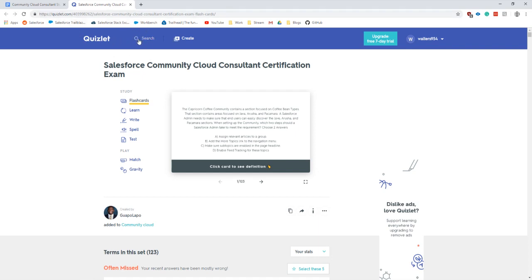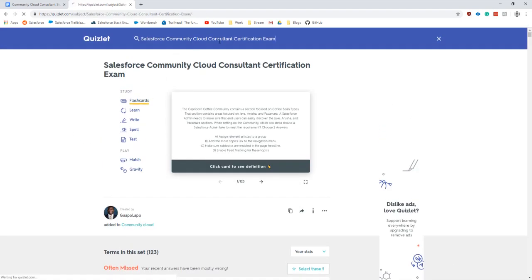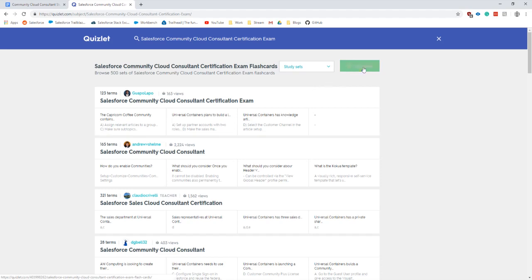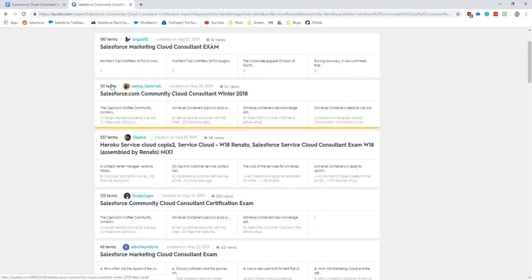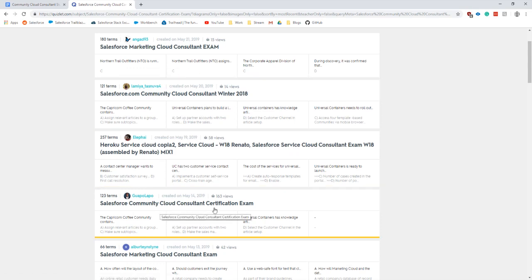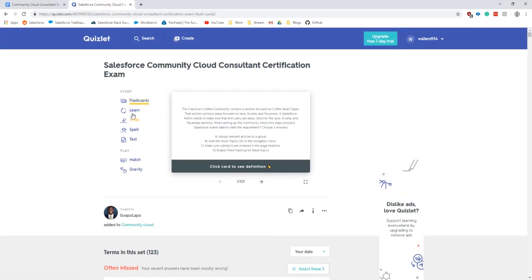You can either go on the website and search in Salesforce mock exams or community cloud exams. Tons will show up. I normally pick the most recent one that comes in with a lot of questions. So let me just search it. I do a filter by most recent, and I'll pick the ones that have a lot of questions in them. So when I did this, it was this guy's questions that we had on here,